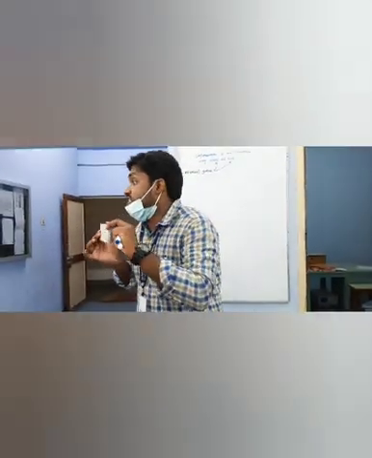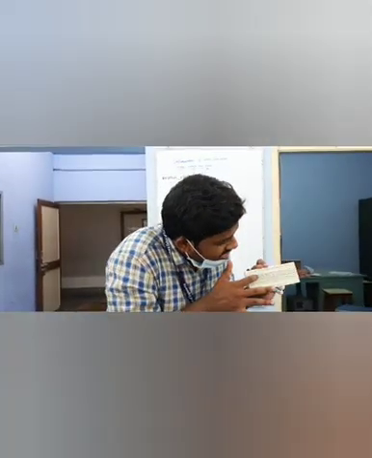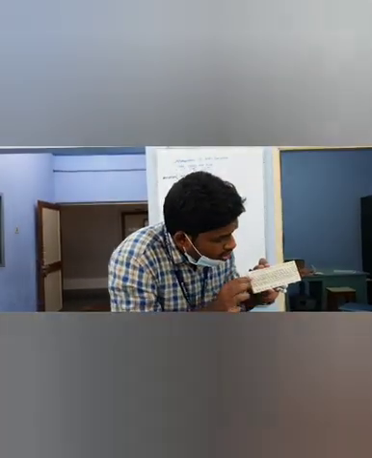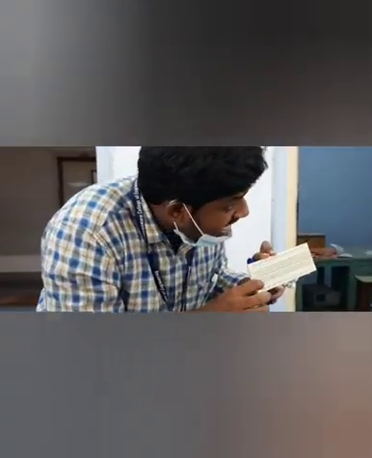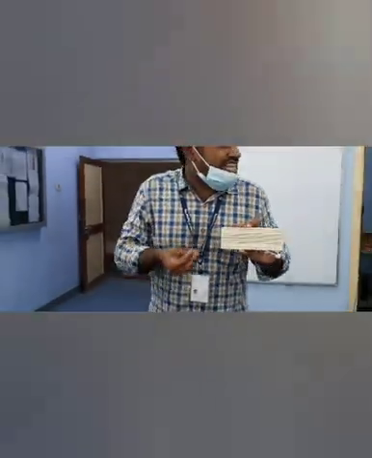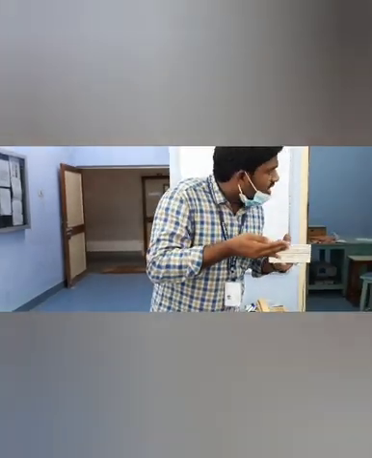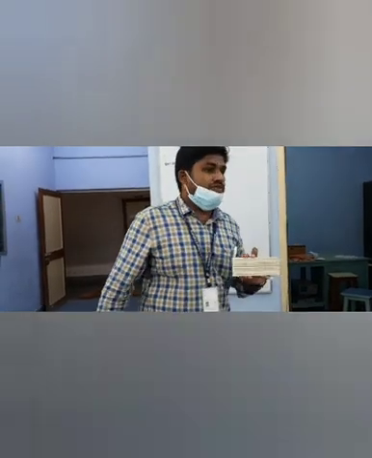That is a black box. That is not shown to you. They are connected internally. So as I said earlier, these 2 segments follow the same rule. Here the holes in a column are connected. Likewise here the holes in a column will be connected. Is it clear? Yes, sir. That is about the breadboard. Very simple. Take the innermost segment, take a column. In a column we have 5 holes. All the 5 holes are connected.